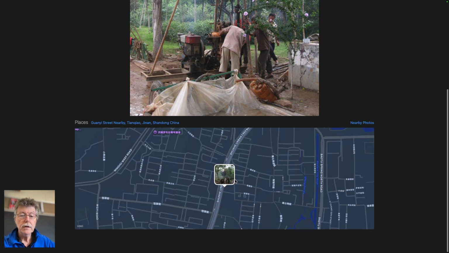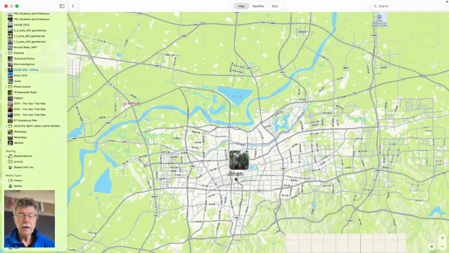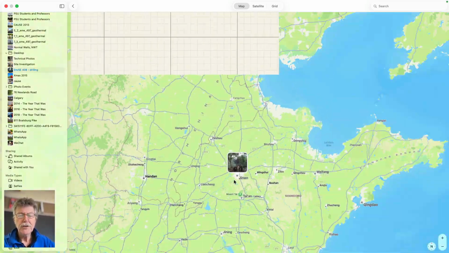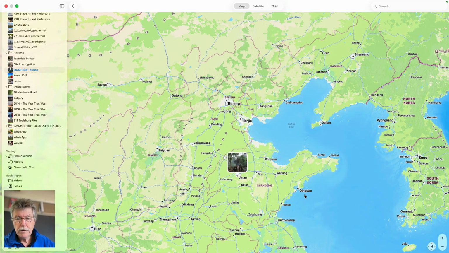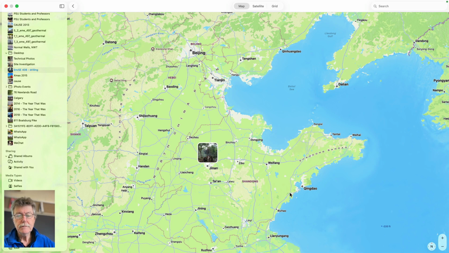This is a drill rig in Jinan, in Shandong province. If you ever go to a Chinese restaurant and drink Qingdao beer, this is the anglicized spelling of Qingdao beer. And so this is a rig doing soil sampling in China,